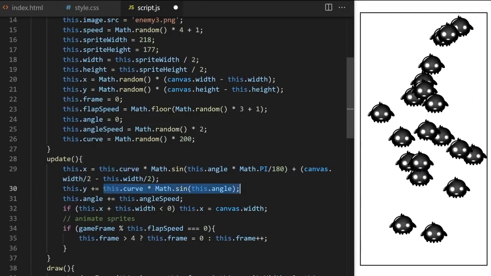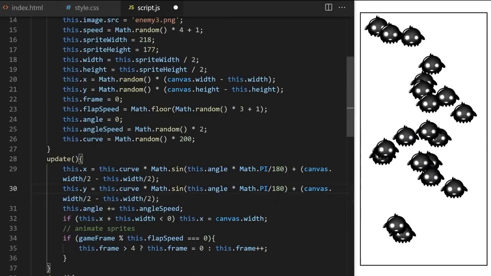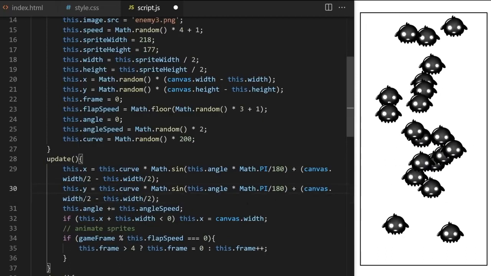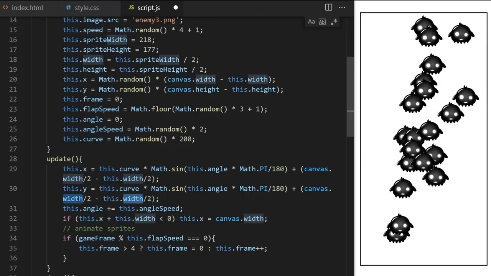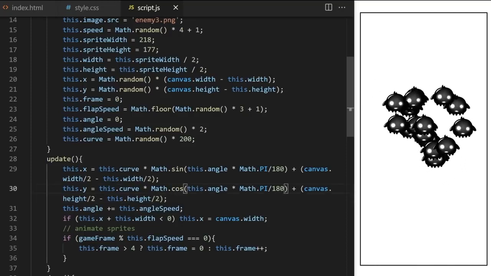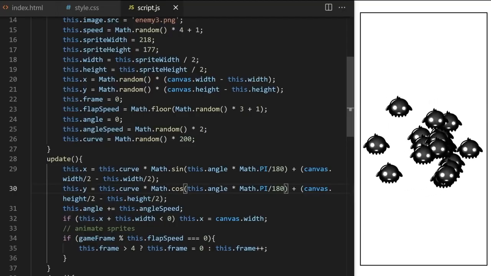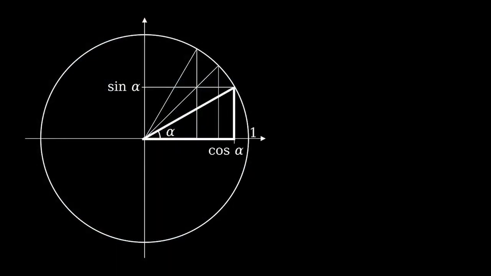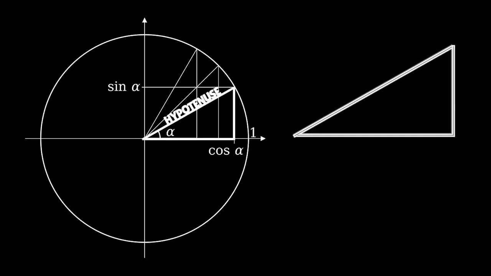If I copy the same formula and replace width with height, because we are dealing with vertical movement, we get this pattern. This is where cosine comes in. I'm not going to explain trigonometry in detail in this video, but the main idea is you have a circle and radius of that circle can represent hypotenuse, the longest side of a right angle triangle. If we connect lines like this to complete the triangle,